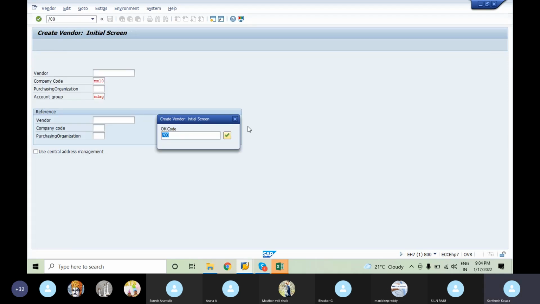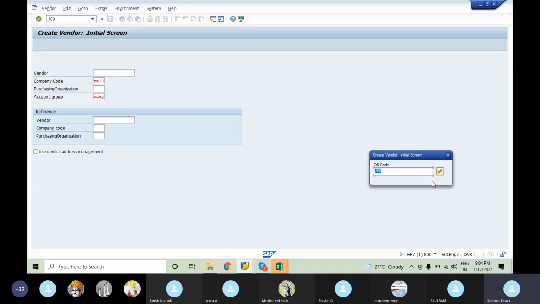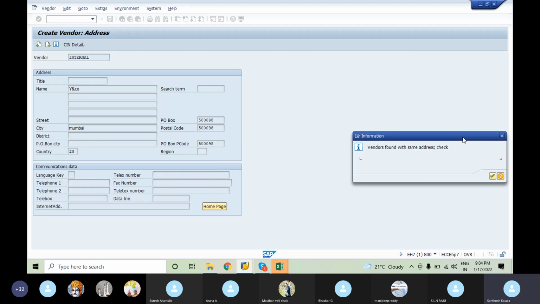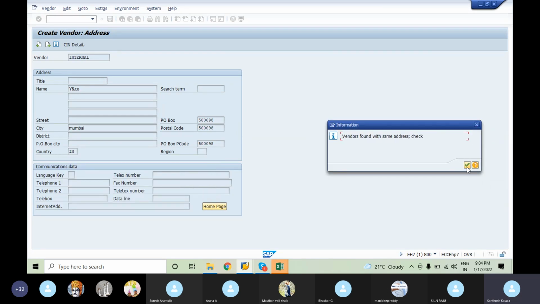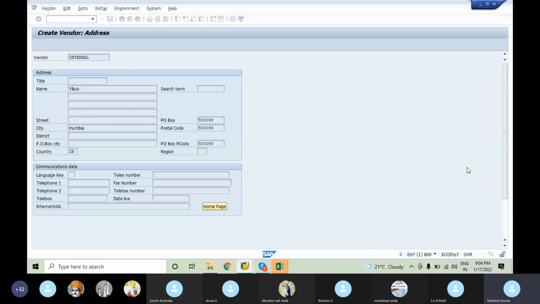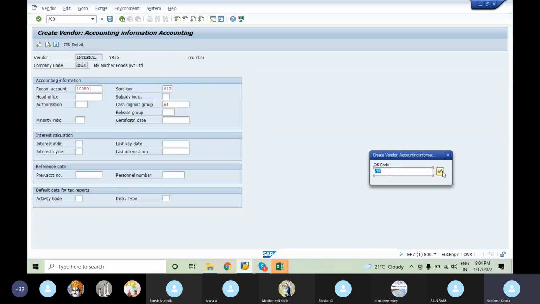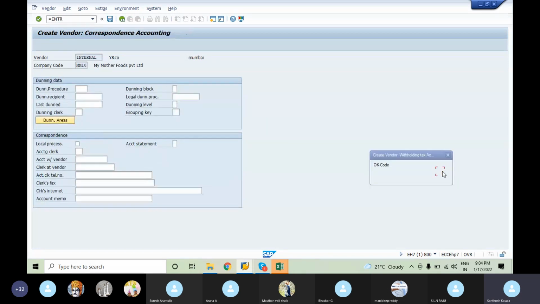Now for each vendor that we have created, if any errors are found, we can see them here. Just click on OK. Vendors found with same address, it will show like that. This is not an error, but it will show like that. So you just need to click on OK for all of these.